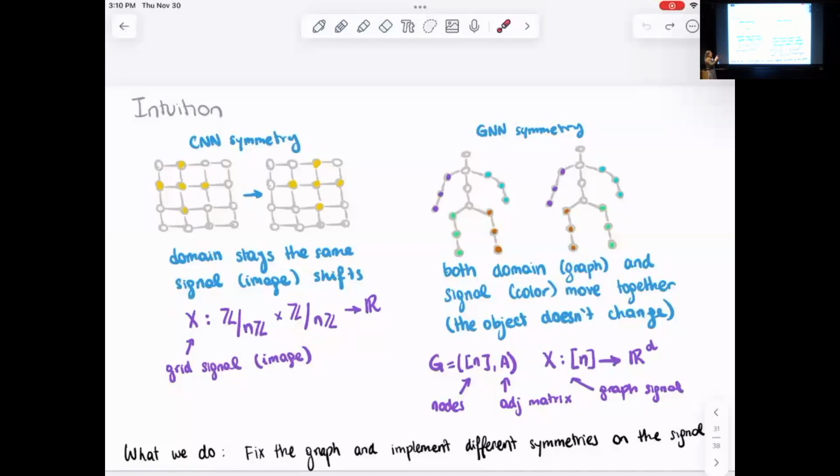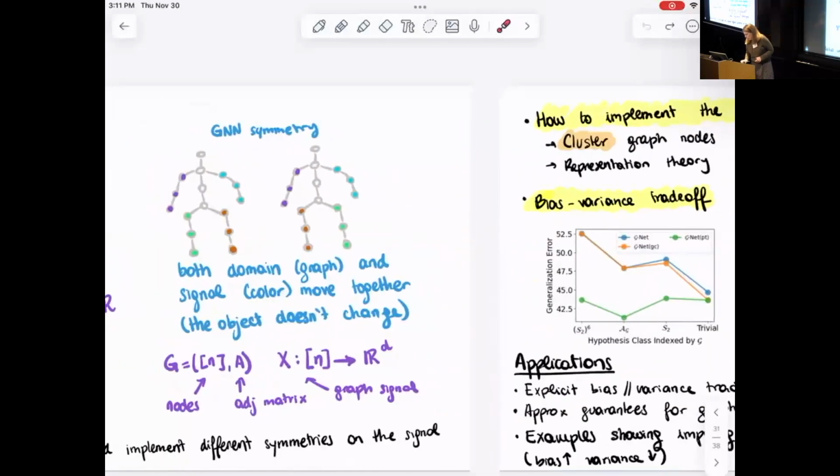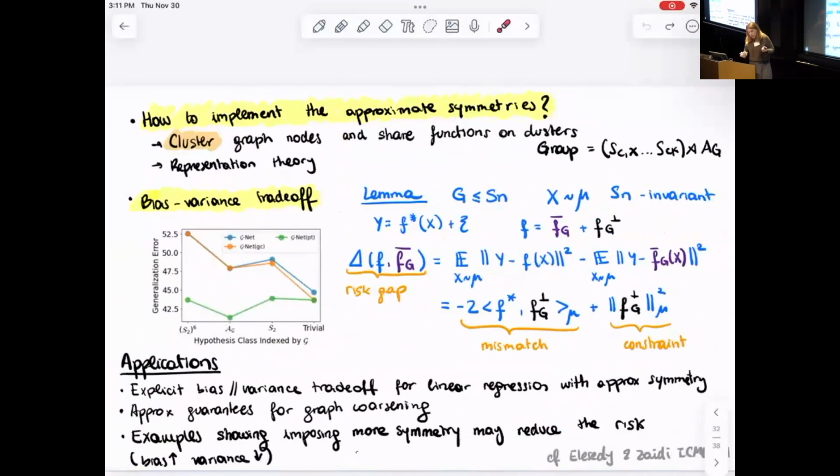So in convolutional neural networks, you kind of decouple the action of the group from the domain to the signal. And then that's what she